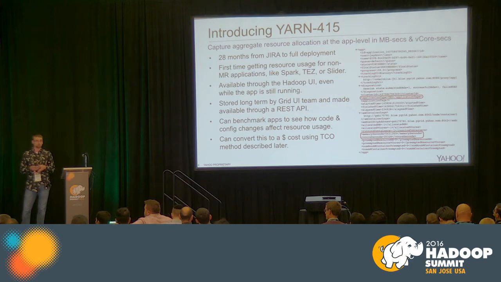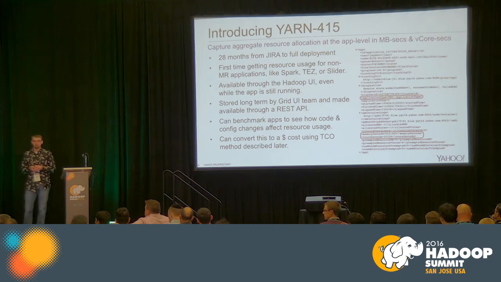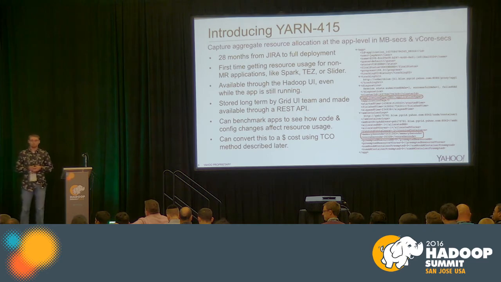And that was a key improvement, because being able to see that usage while the app is still running was something we never had before. You can imagine it's really important for those long-running apps. Sometimes we have apps that span days, and if you're trying to track that usage over time, then having 5 days of constant running just show up as a giant bump at the end really makes it hard to do your capacity planning.